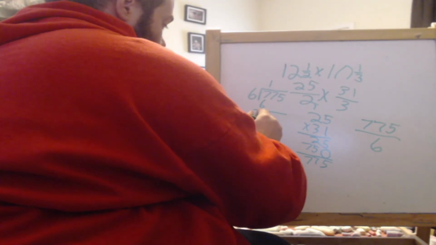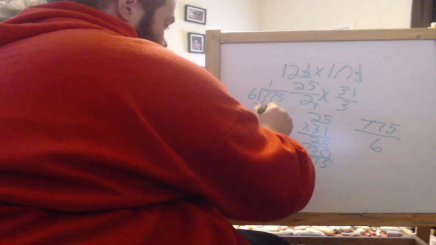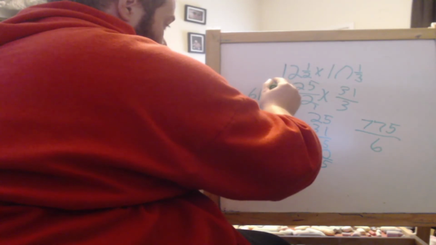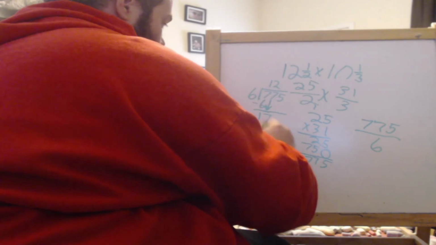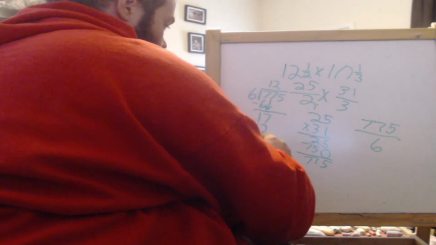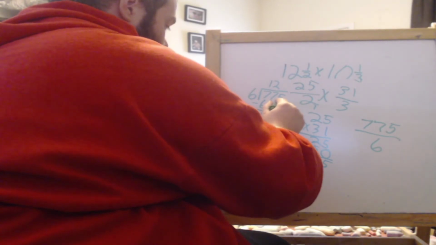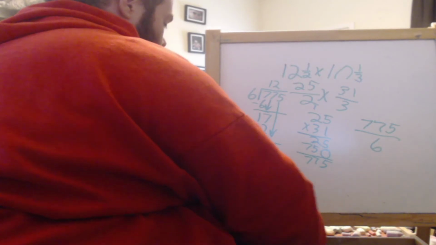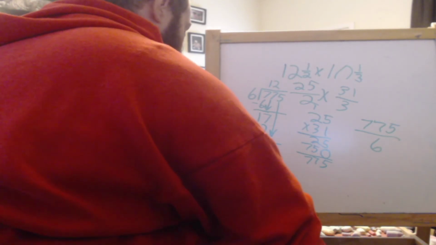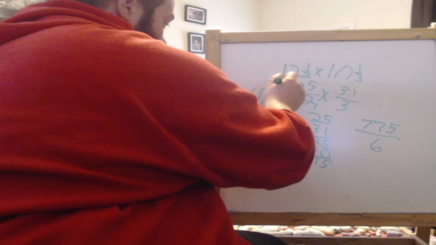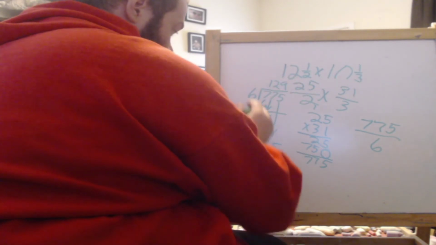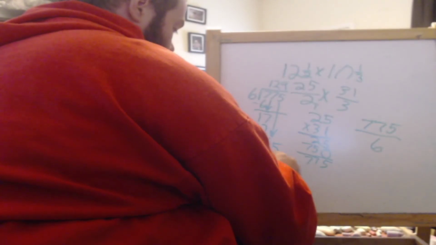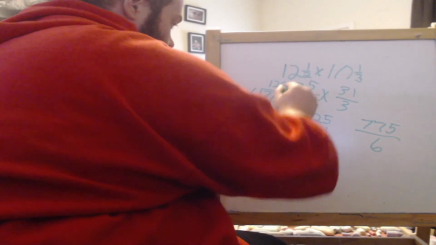Subtract, bring the 7 down. 6 goes into 17 2 times. 6 times 2 equals 12, so 5. When we subtract, then we bring this 5 down. 6 goes into 55 9 times. And 6 times 9 is 54. So we have a remainder of 1,